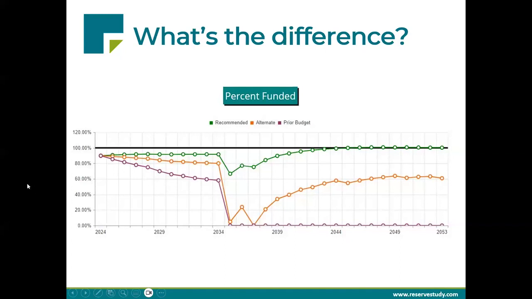Now, in this real world scenario, I can tell you the difference between baseline and full funding came down to $15 per unit per month. Okay. Think about that. That's less than $1 a day per unit. That meant the difference between doing the riskiest possible thing and the safest, most responsible thing that would produce the lowest risk of special assessments in the future. And keep in mind, the current plan, sticking with the status quo, doing what they had been doing, will not work at all. So we basically just leave that there to show the client, look, you have to increase your reserve funding no matter what. But while you're at it, let's show you how to do it in the most responsible, most effective way possible.